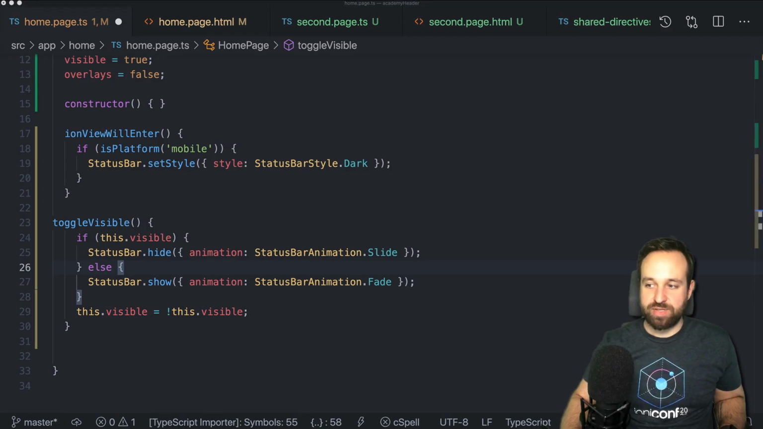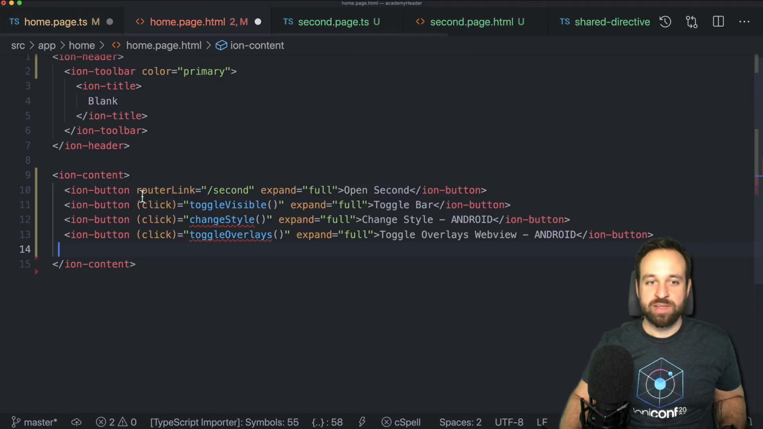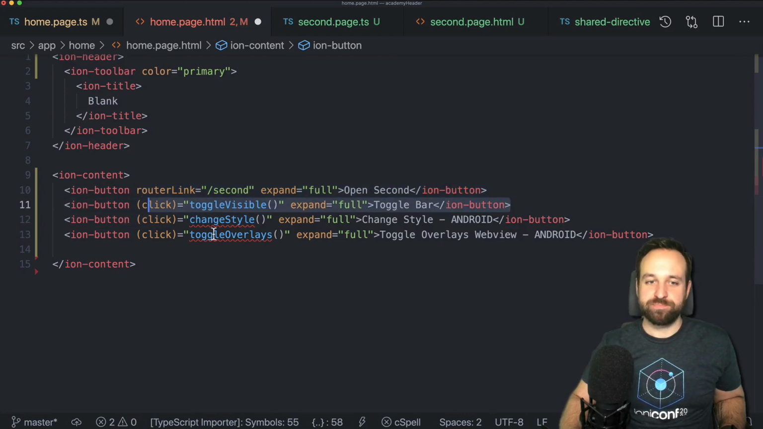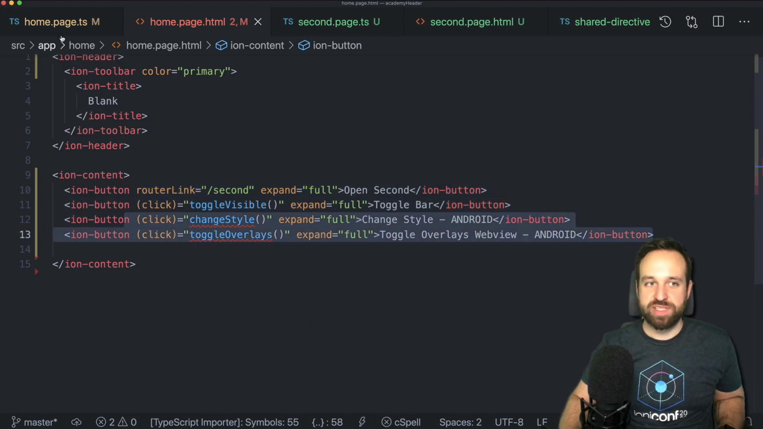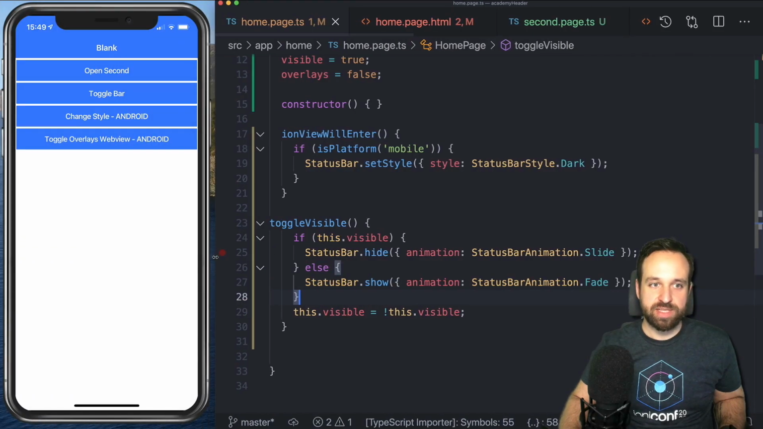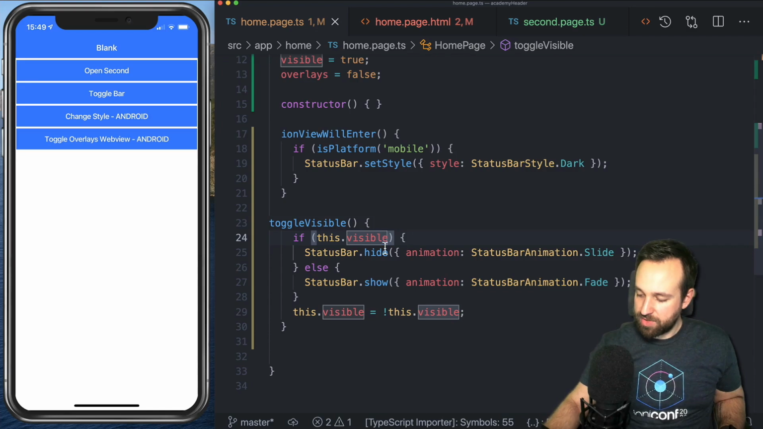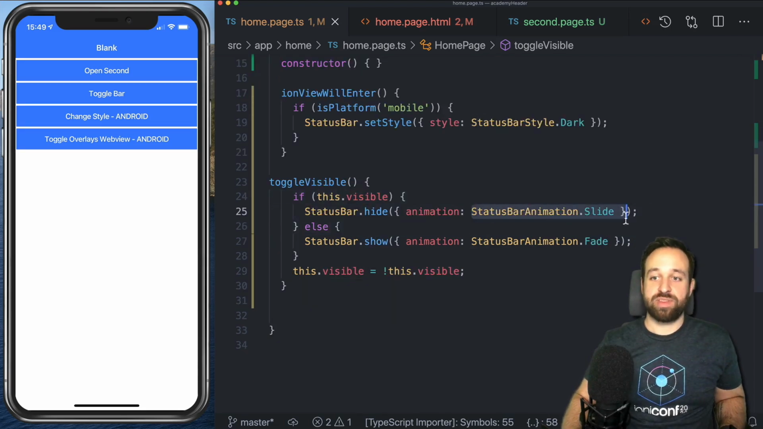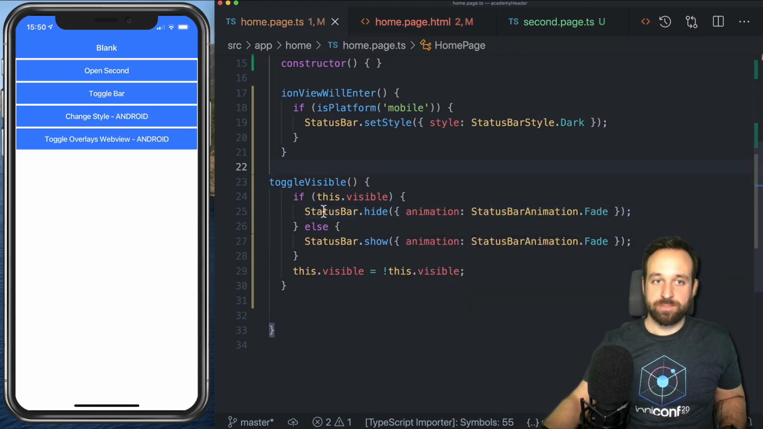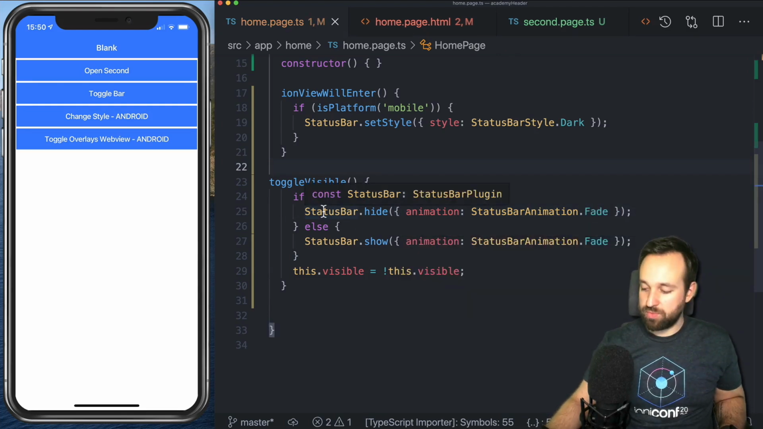We might need a few buttons. So I'm gonna copy over a few buttons to the home page. We're gonna have a router link to the second page in the home page, our toggle button, and then two more that we will see for Android in a second. Maybe you should just do it like this. I think that makes more sense. So I can now toggle my toolbar, and you see it moves up and it fades in. So we move it out with the slide animation. We could also change this to fade. This is the way to simply